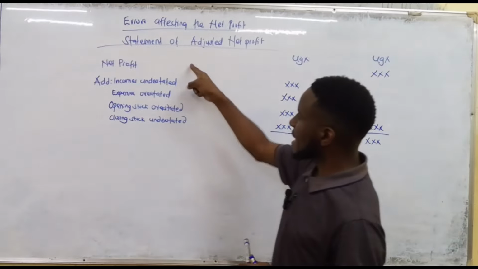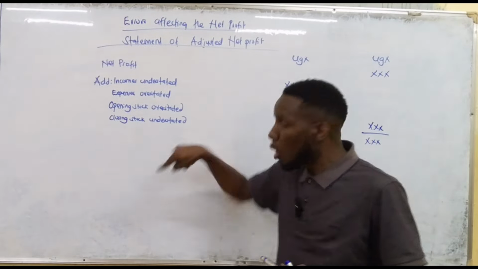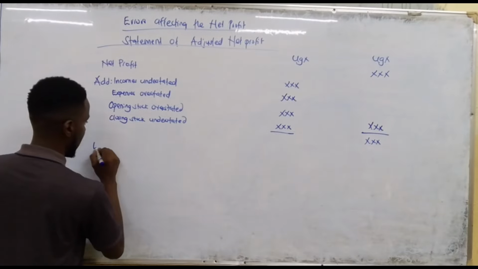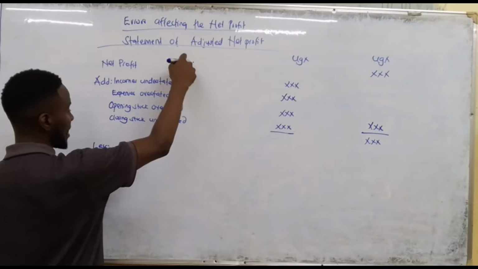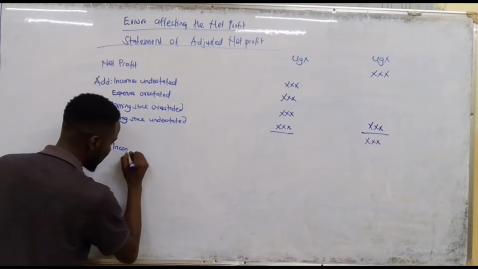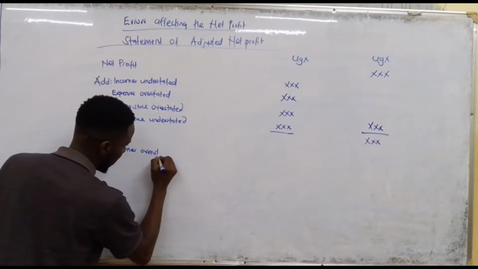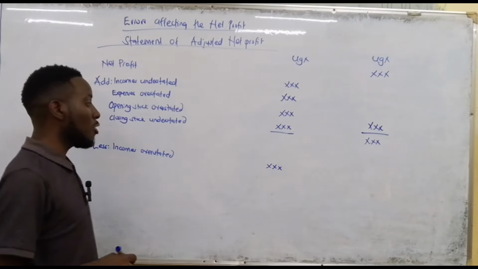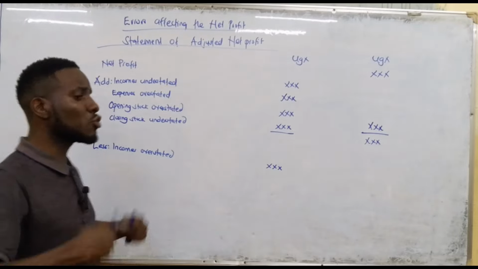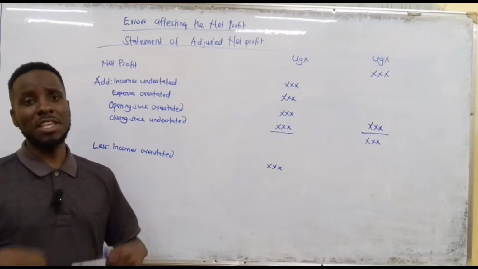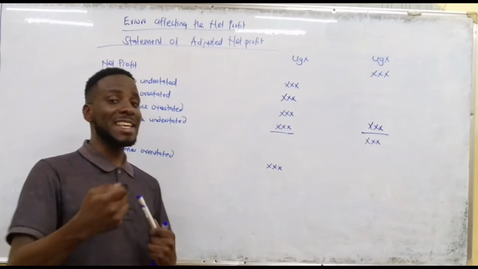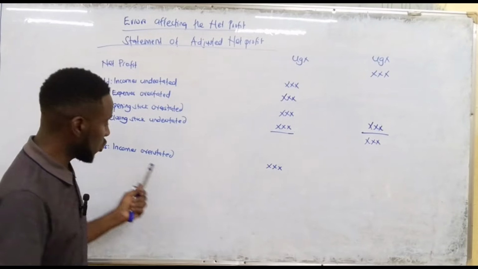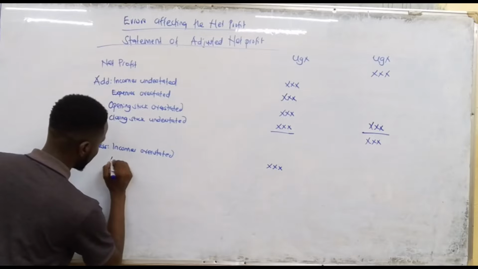Now, what we have done here, we are going to make the opposite of it when we are lessing down. So we are going to say less. The first one is incomes understated. Here we come with incomes overstated. If you have incomes that are overstated, you bring them here. Remember, if incomes are overstated, that means they are going to increase your net profit. Okay, and when they increase your net profit, it means you have an extra money which cannot be accounted for because you overstated your what? Your incomes. Then expenses